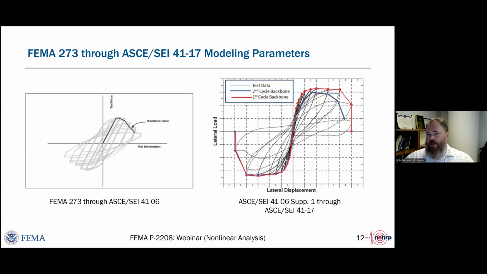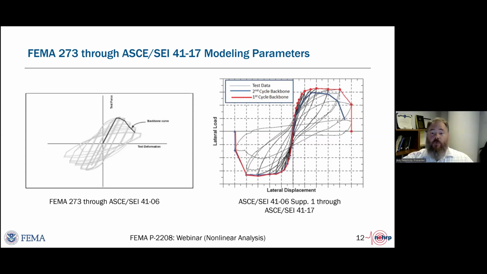It was started to be recognized, as FEMA 273 was used over the years, that this second cycle approximation was conservative. And so in supplement 1 to ASCE 41-06 in the late 2000s, there was a change made to work on first cycle envelope, or just an overall envelope of the hysteretic curve, that would define your nonlinear backbone curve.